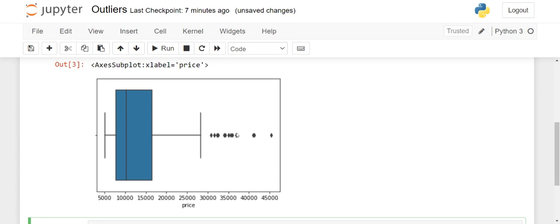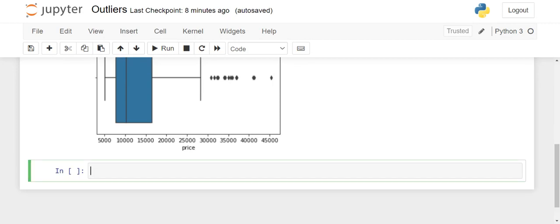We cannot call these outliers. Outliers are basically those data points which are significantly different from other data points, but in this case our outlier is one company. So in order to get a better picture of this, we will plot the box plot with price and the make of the company.